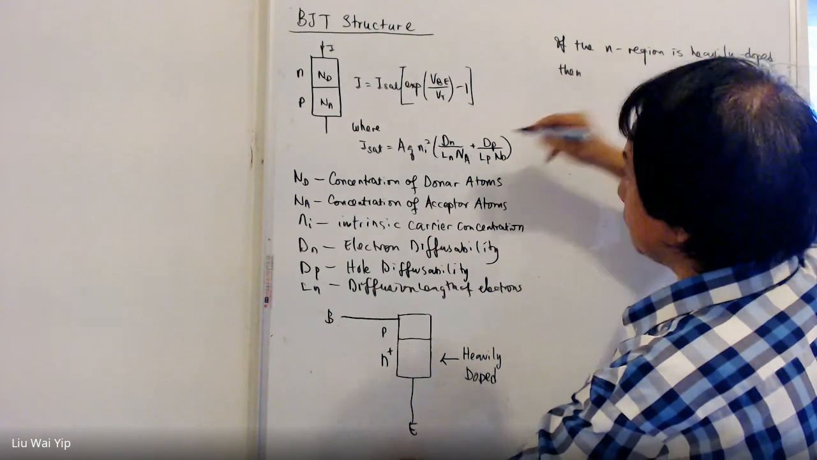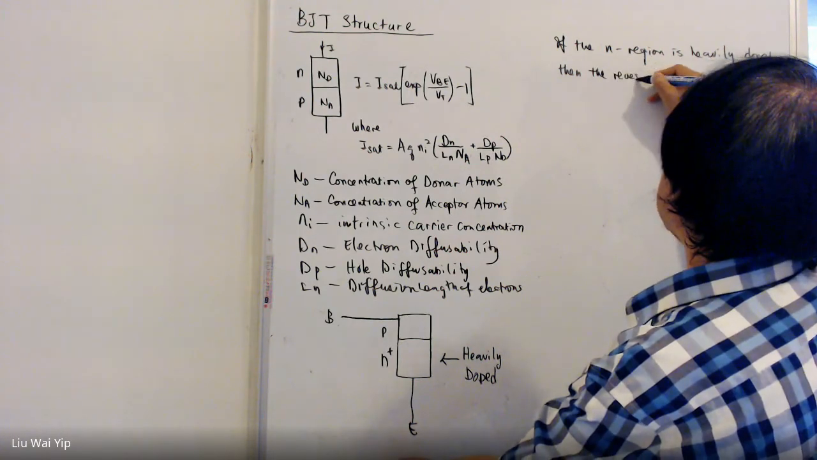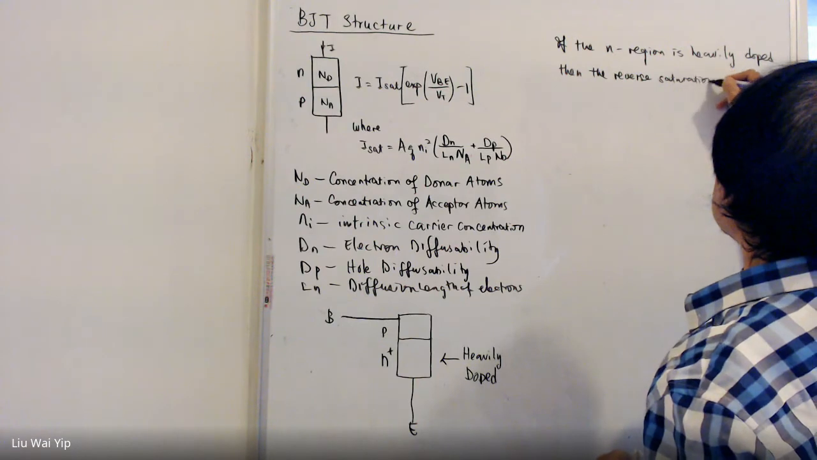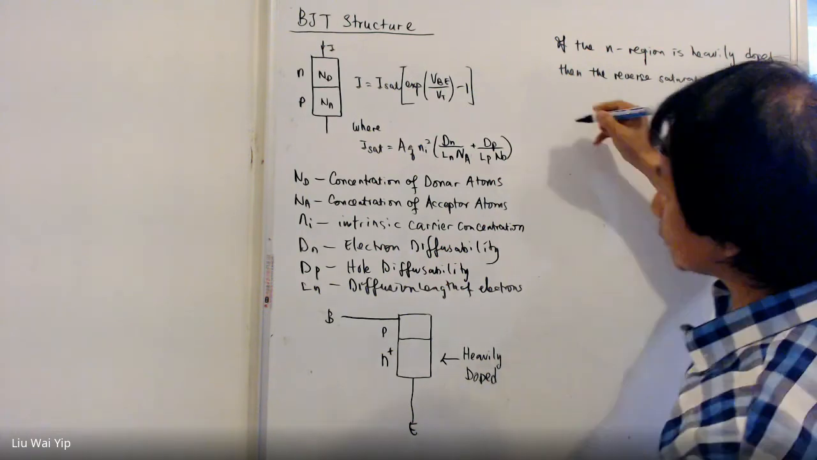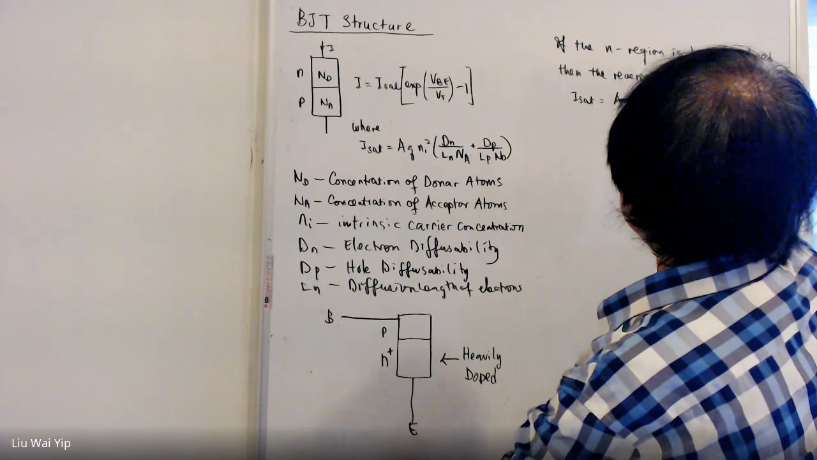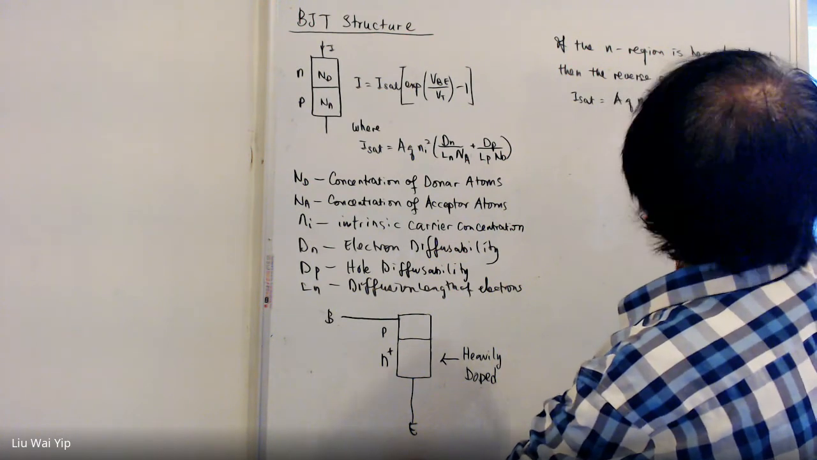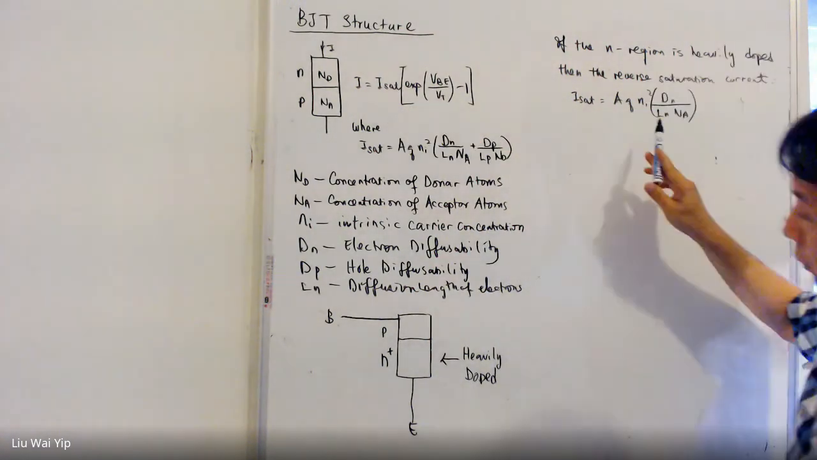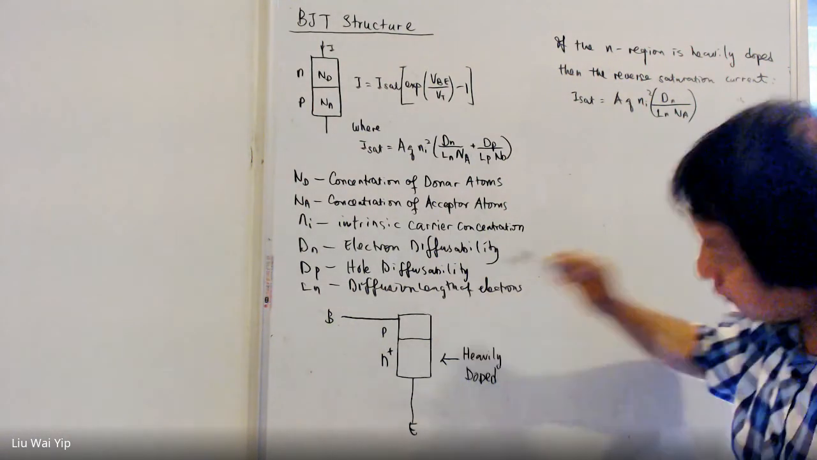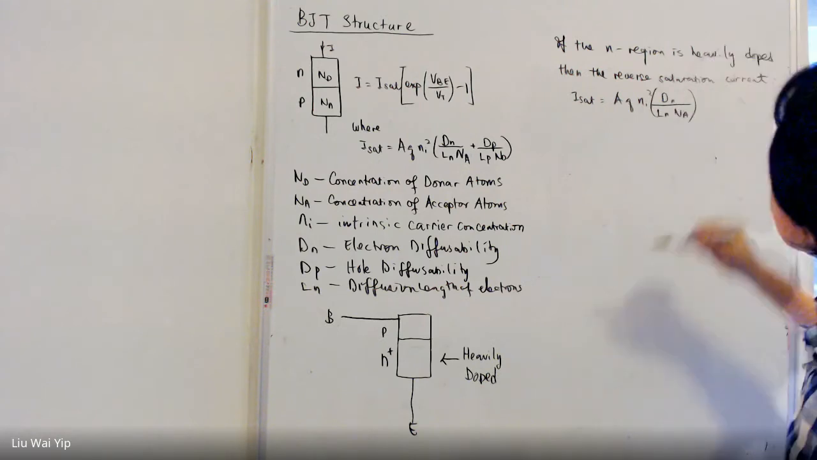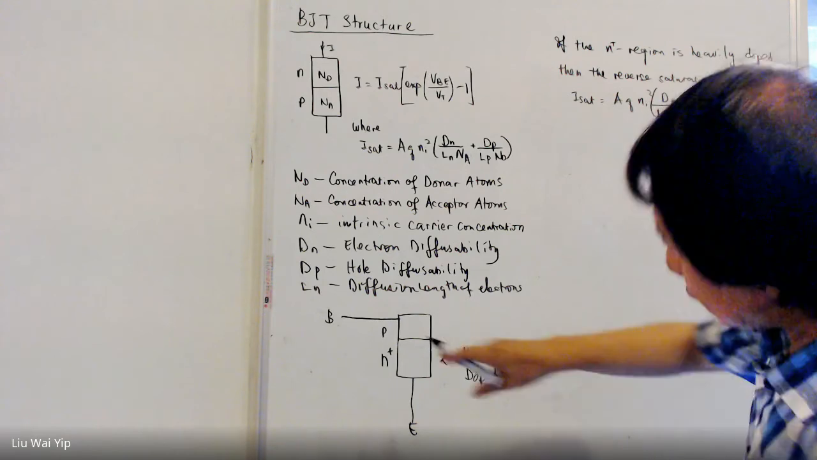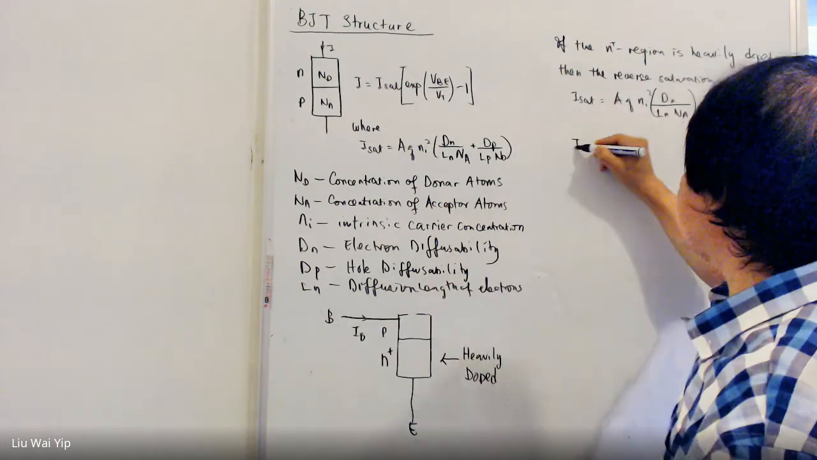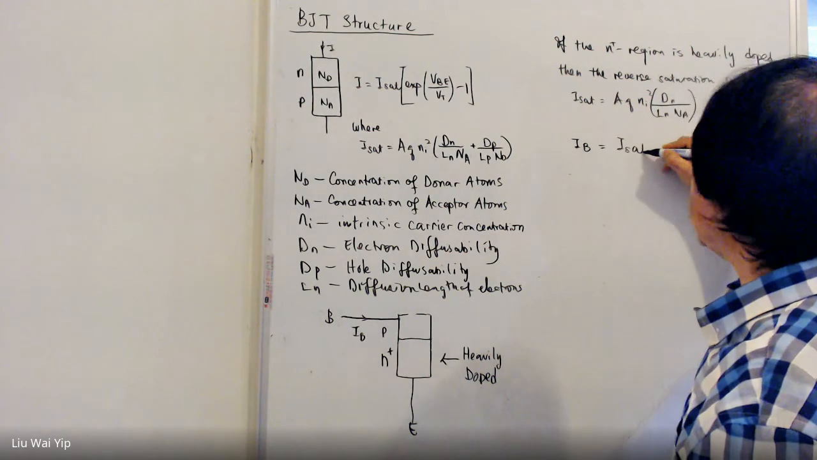then the reverse saturation current becomes I_S equals A Q Ni squared, and then Dn over Ln and then NA. So basically the expression here is almost independent of the concentration of the N region, the N plus region. So now you know that under this condition, the current I is given by I_S and then